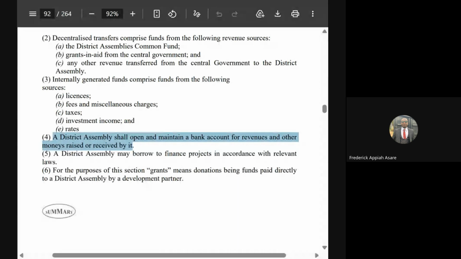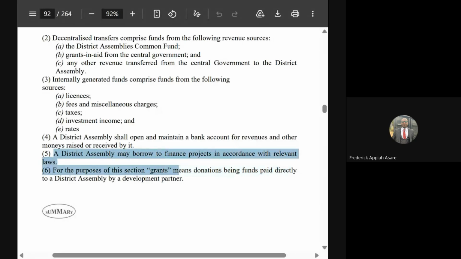So the Local Government Act usually orders the district assemblies to open and maintain a bank account so that any transfer given to them will be transferred into it. A district assembly may borrow to finance projects in accordance with the relevant laws. So the fact that they are getting money from government doesn't mean that they can't go for a loan. They can go for a loan to build a school, then use the income they get from the school for the payment